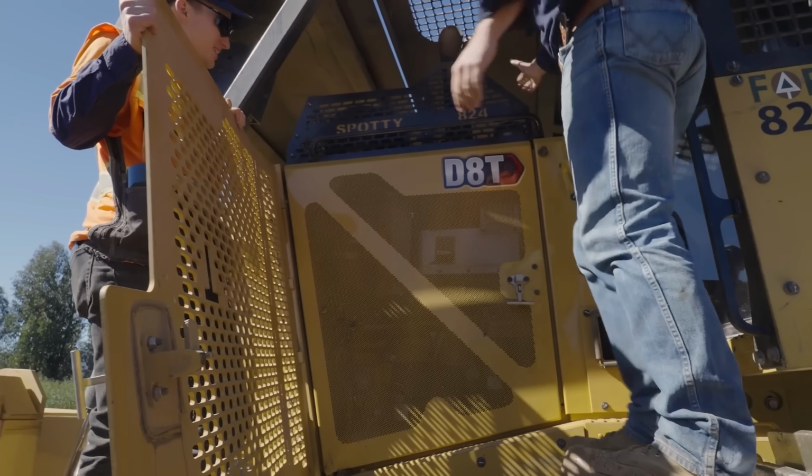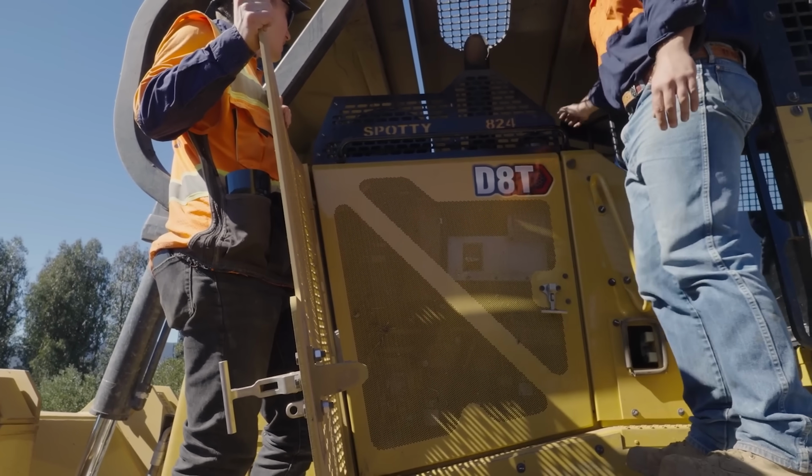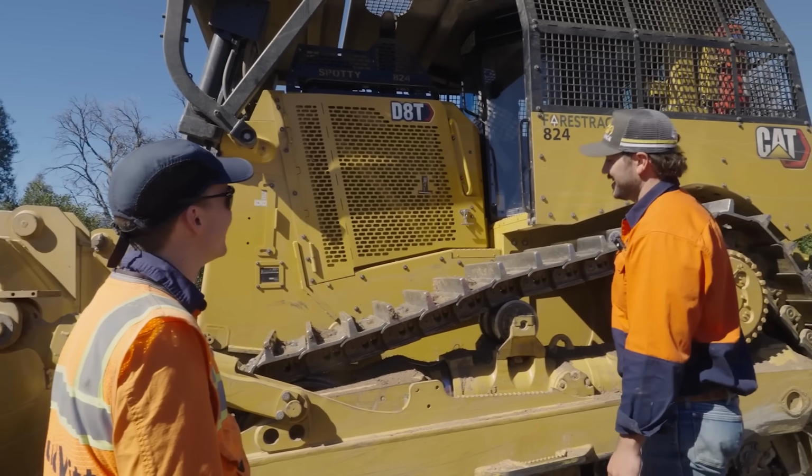And same thing up here, this guard is purely just to protect your top hat, which is obviously your air intake and other stuff here, just in case any stick does make it up here, all that stuff is also protected before any damage can come to it. On the front of it...